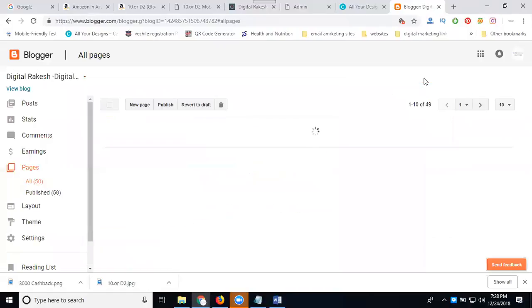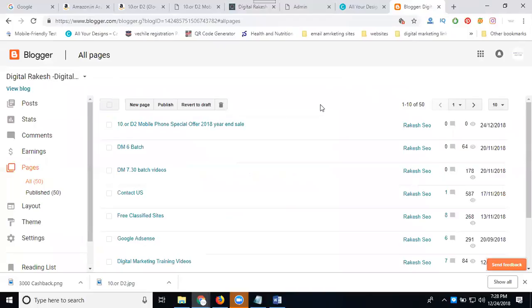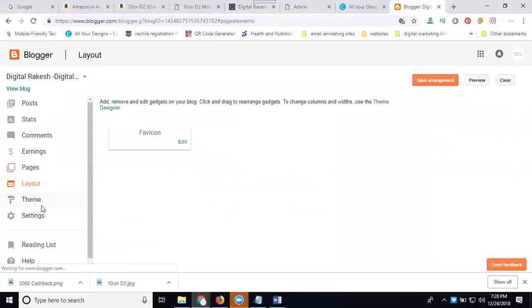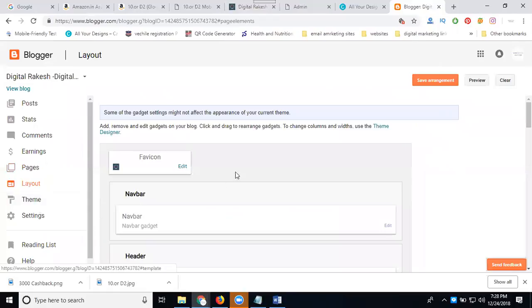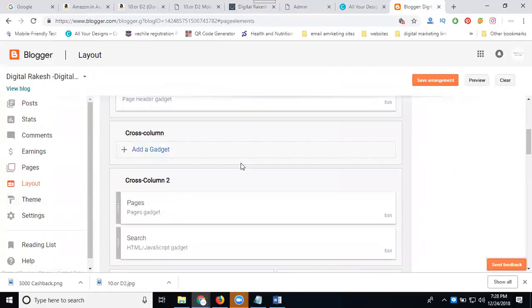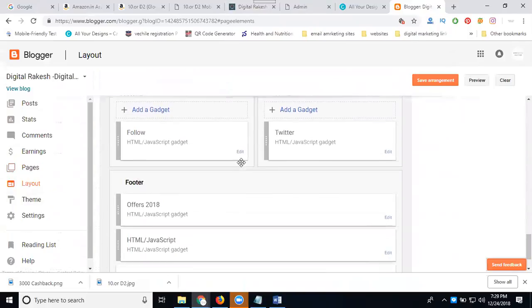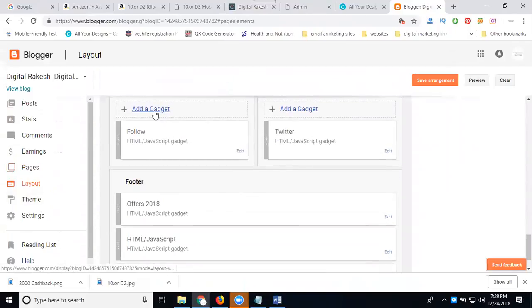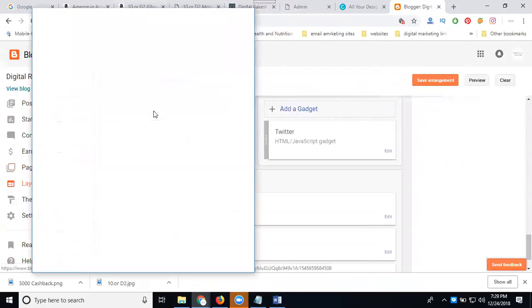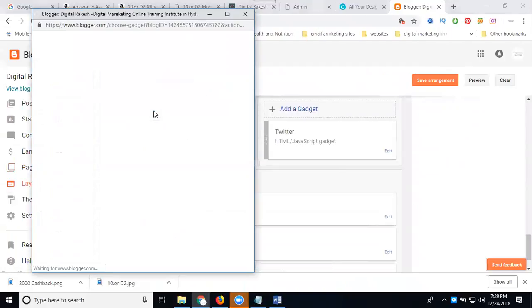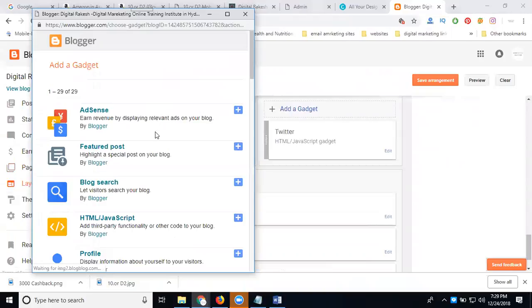This is the add your page option. Is it clear? Next option, go to layout. Adding your product will be 2 ways. In this one, you can select the footer option. Select the option called HTML by JavaScript.